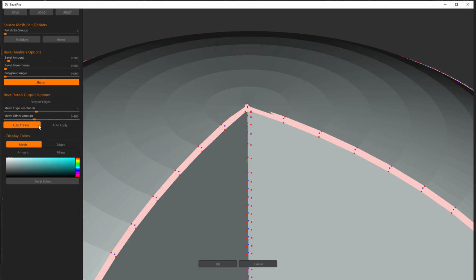So how we fix that is this mesh offset amount. This is how thick that bevel is going to be applied to your object. It may sound a little bit abstract right now, but I'm going to show you exactly what's controlling that offset amount in just a second. So for the mesh offset, if we go from 0.4 maybe up to 0.6, you're going to see it's going to go ahead and fix that. It just makes that bevel thicker. And then again, if we turn on auto apply, we get a nice